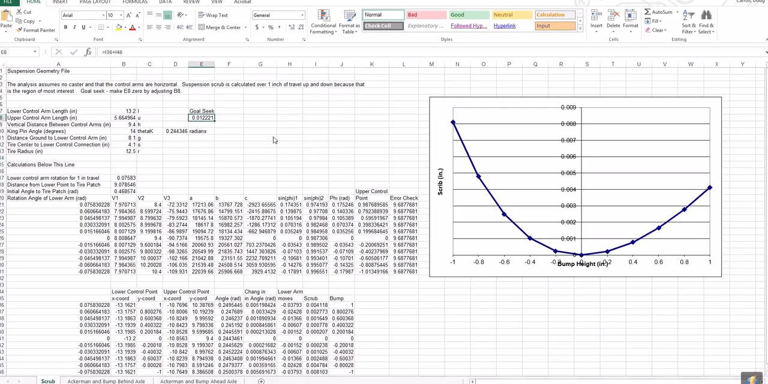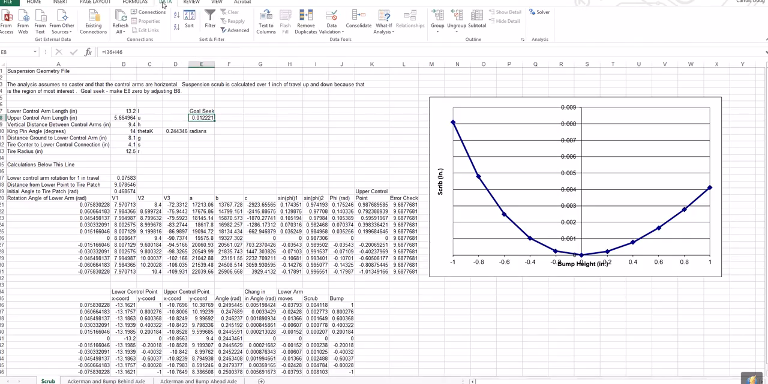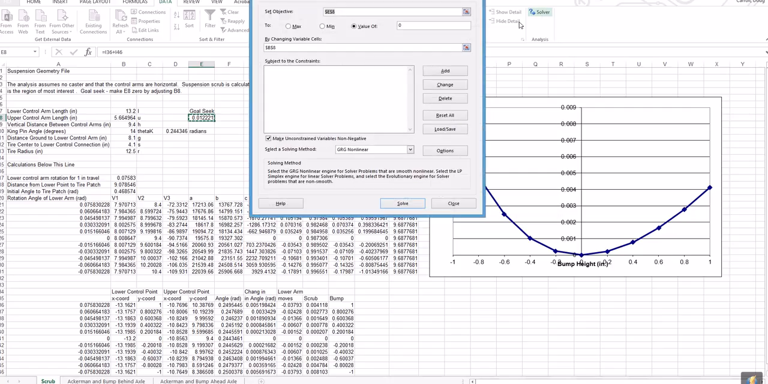Excel used to call this goal seek. Now they call it solver. We're going to make this number 0 by changing the upper control arm. This is a feature in Excel. It's sort of like a root finder on your calculator, but it can solve much more complicated problems. So under the data tab up here, this is the solver. As I say, it used to be called goal seek. So we click on the solver. And of course I've already used it, so everything is coming up. But in this objective here,